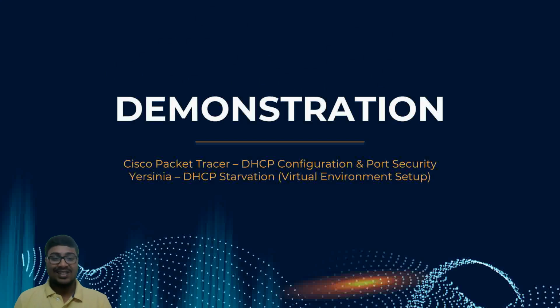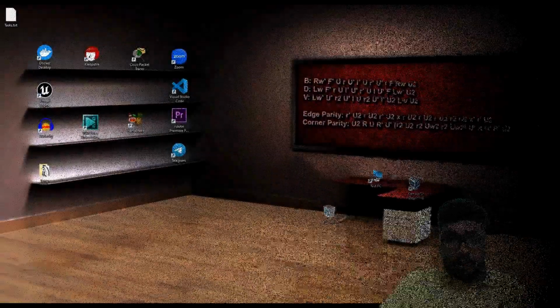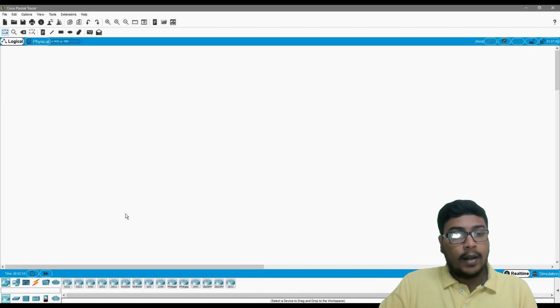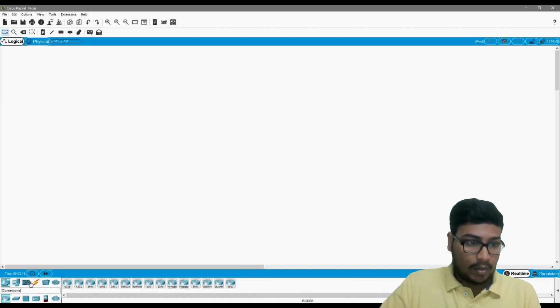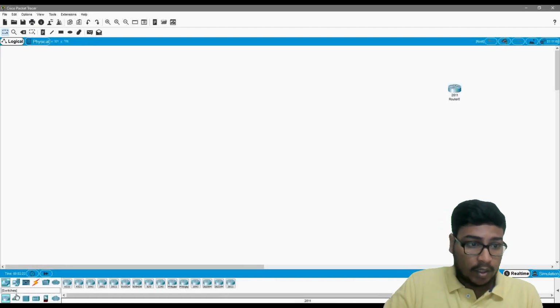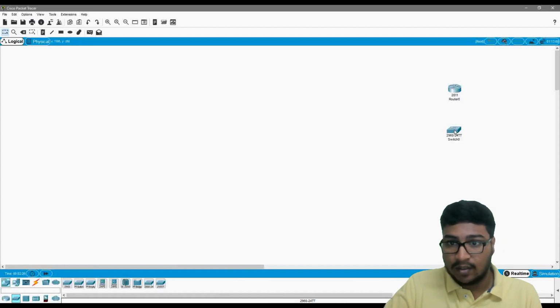And then we'll be using Yersinia to see what exactly DHCP starvation is and how we can perform it over a virtual environment setup. So let's get started with it. For the demonstration, let's start by booting our Cisco Packet Tracer, and in the Packet Tracer we'll start with a very basic network. So on the routers we'll select 2811, set it up, then we'll add a switch here which will be 2960,